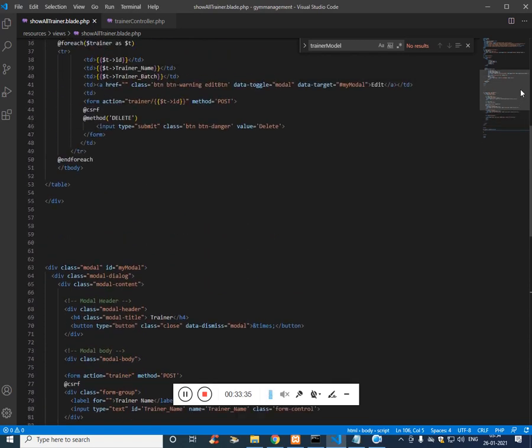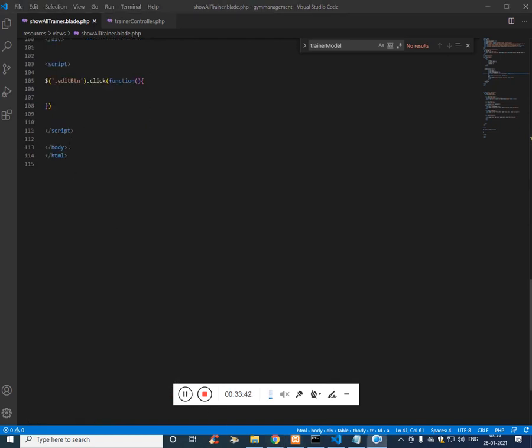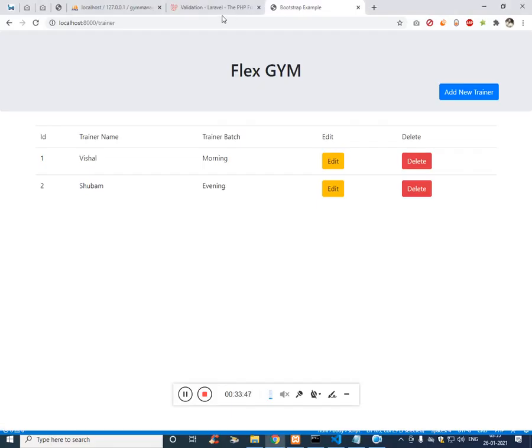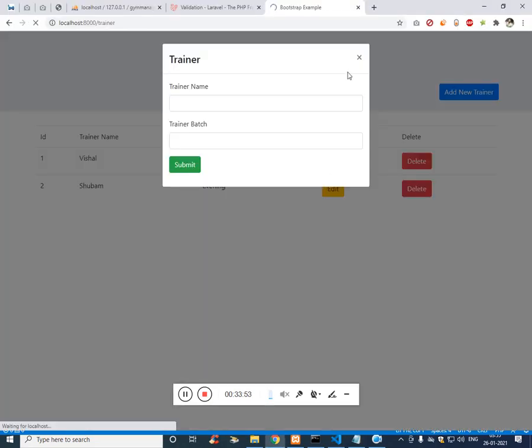So instead of typing this, we'll call it with jQuery. So if you see, we have to pass show inside. Now let's try. If there is no error, the modal should open. Modal is getting opened.